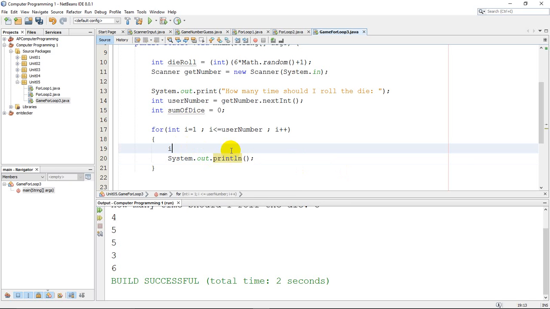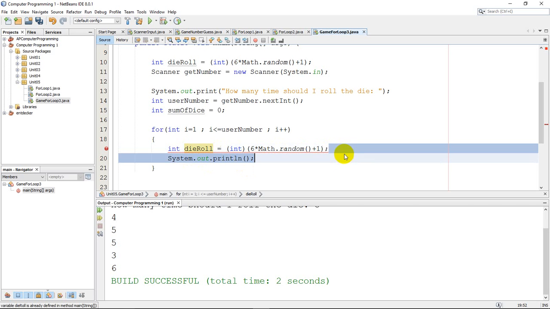So I'm going to create a new die roll, and I'm going to set that equal to my random number. So I have here my random die roll, and I can see that I have an error there,